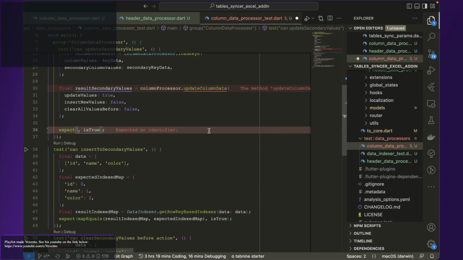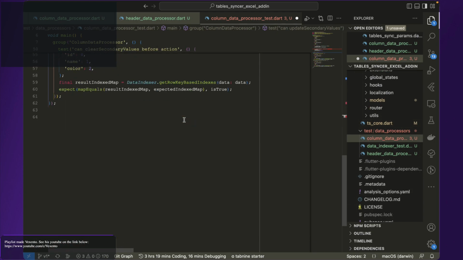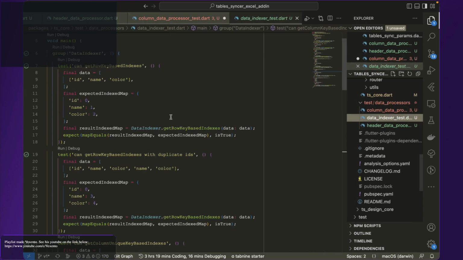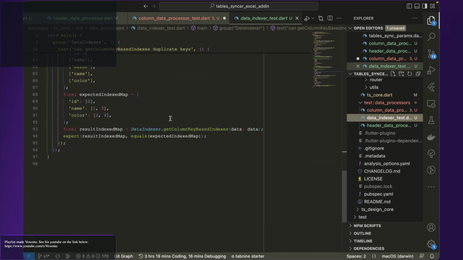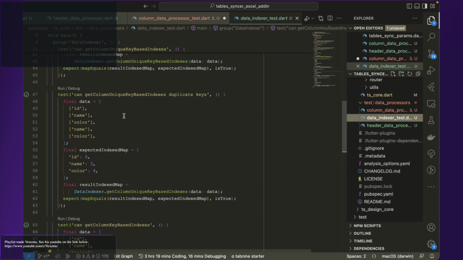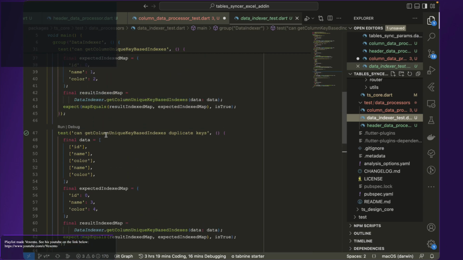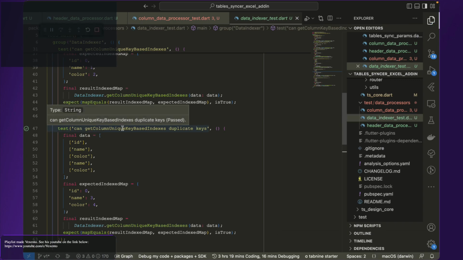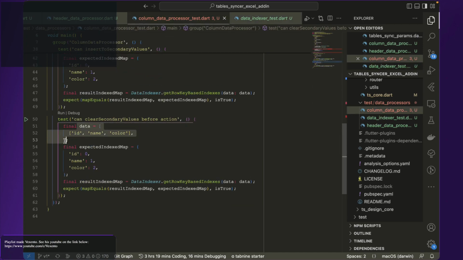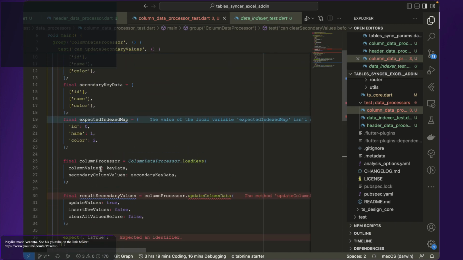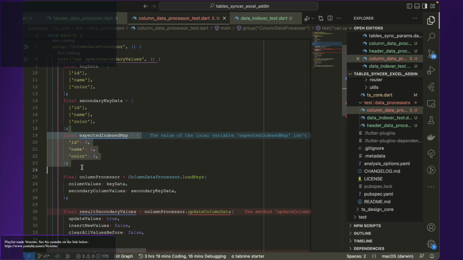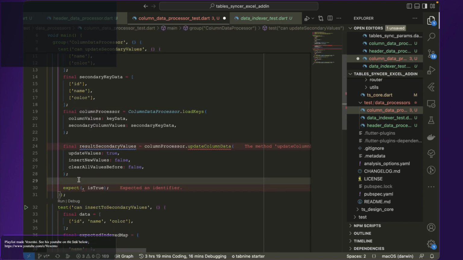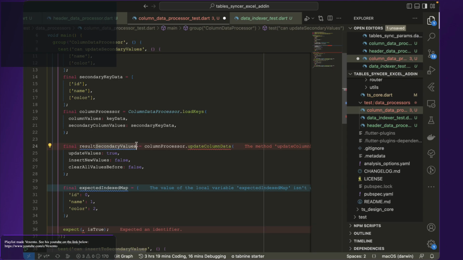So this result, this result, secondary values should be